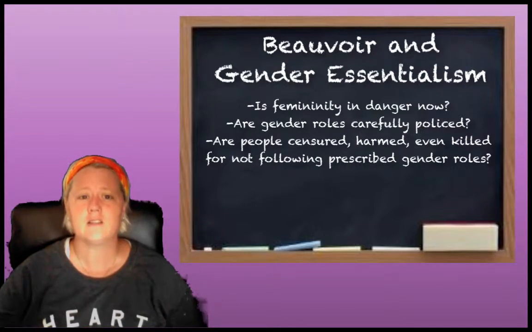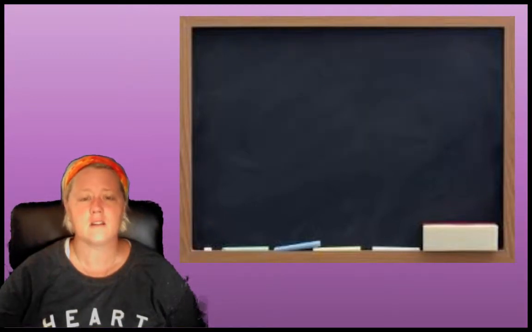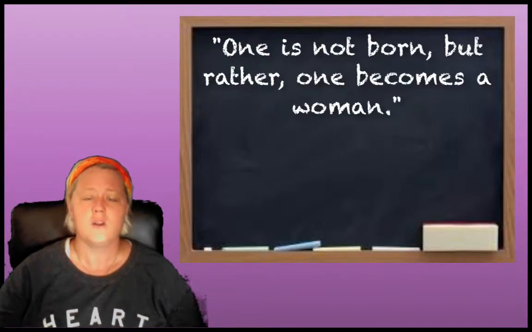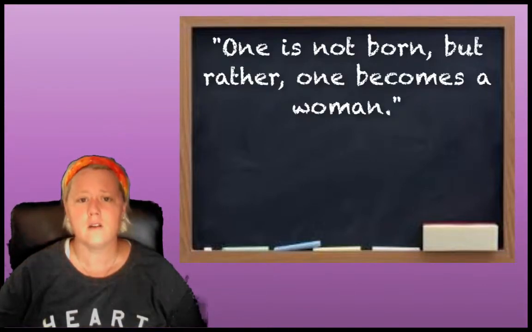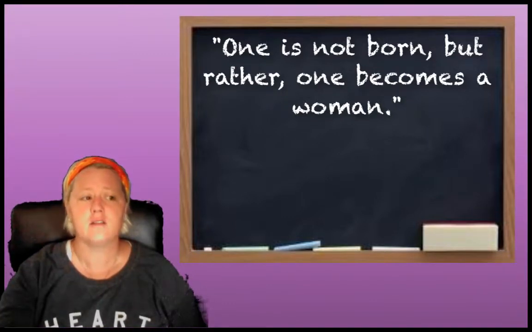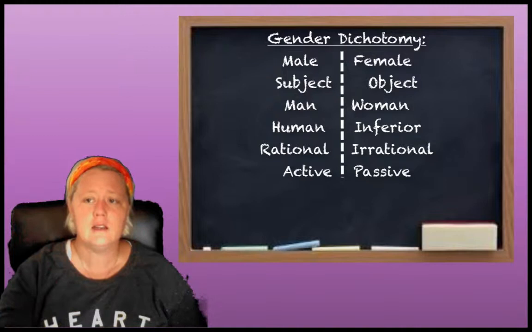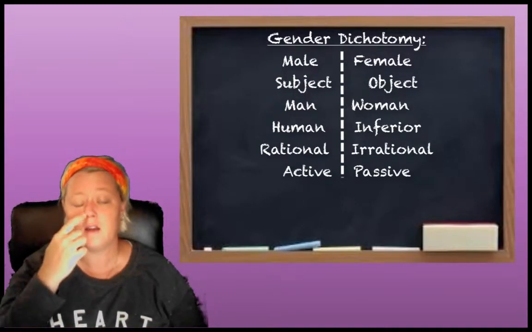It's an arbitrary designation. Beauvoir gives us her most famous quote when she says, "One is not born, but rather becomes a woman. Only the intervention of someone else can establish any individual as other." So one is not born a woman. Becoming a woman is something that happens to you by someone else. Someone recognizes women as others and thus places them in that side of the binary gender dichotomy.